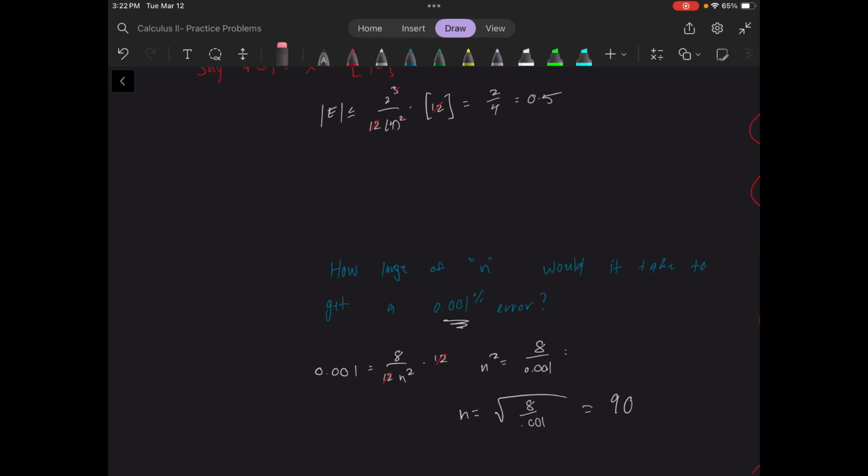We would have an error bigger than 0.001. Just a little bit bigger, but still bigger. Okay, so